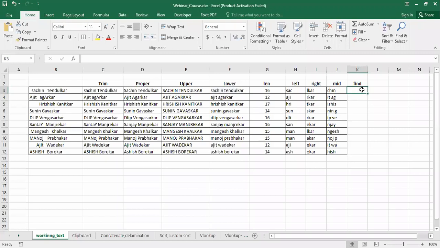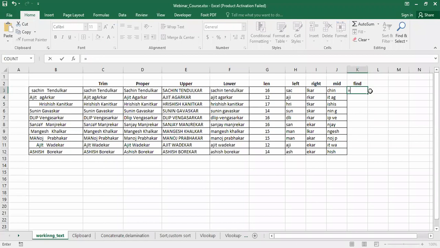Now let us say I want to find out a certain character in the character string. Let us say like H. What is the number of character H in the character string? Okay, like in Sachin Tendulkar, H is at the 4th position here, and here you can see in the very first name it is at the 6th number. Okay, I want to check out what is the position of this H in the character string. So for that we can use the FIND command. So we are going to make use of all these commands in the coming commands. Okay, all other commands. So there you are going to understand more benefit of this.